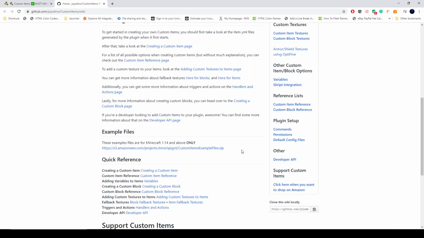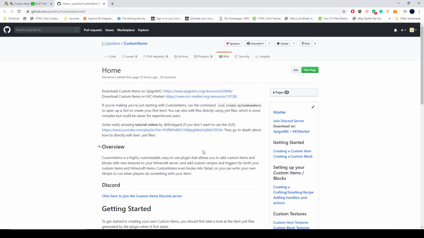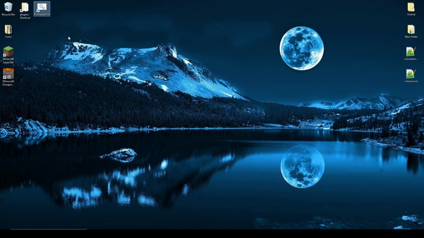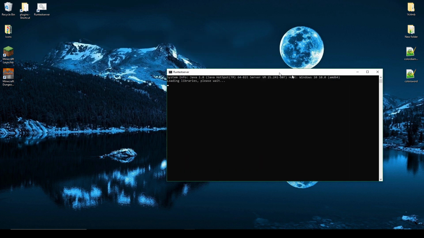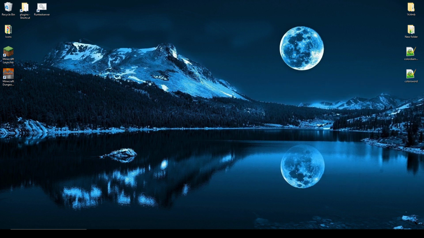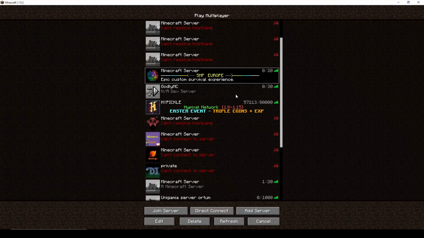Now, normally, what I'd do when you're first starting is we'd grab the example files, but we're not going to actually do that because we're not going to go over textures until quite a way away. So I'm going to just show you what comes with the plugin by default, the cobblestone and compressed cobblestone, and then we're going to make an item, and the item is going to be a pickaxe. I'm going to make a template item, and we're going to give it some actions,